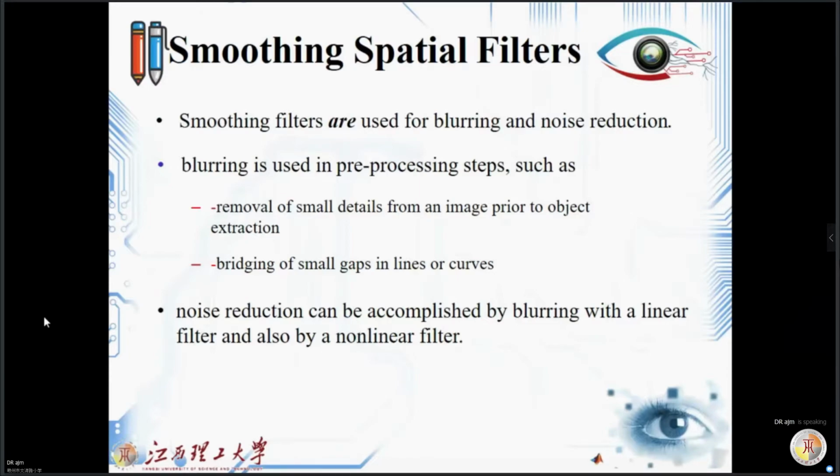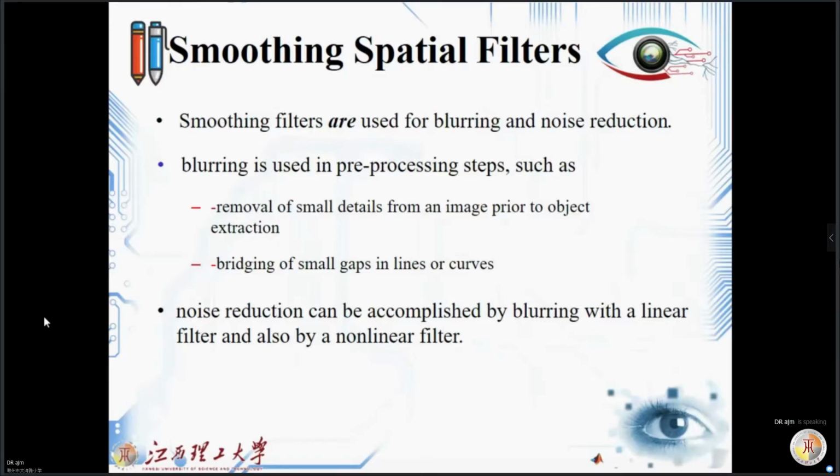For analyzing the image, first you should do something on your image to make it ready for the algorithm that you have. People call this process the pre-processing step, which includes removal of small details from the image